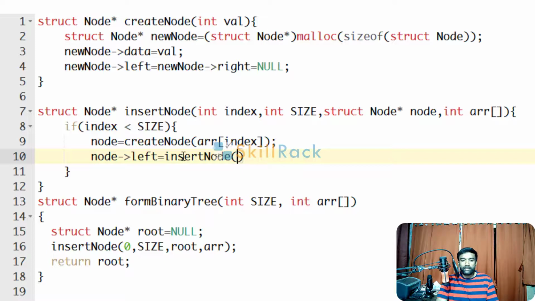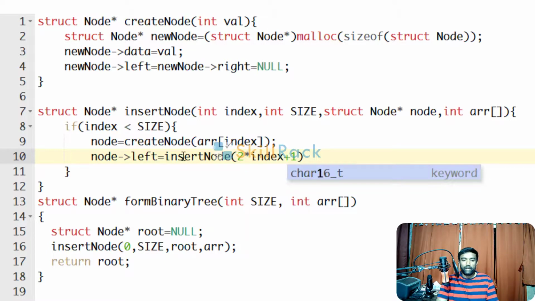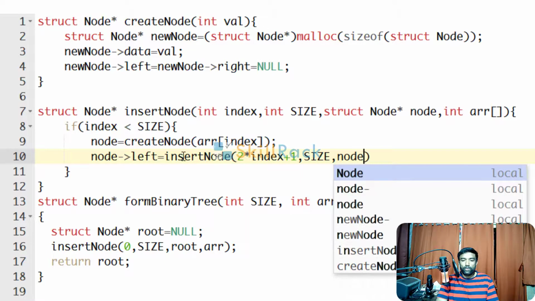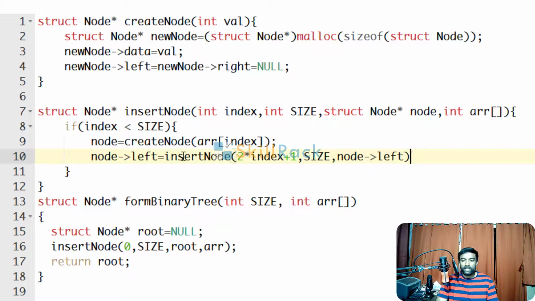What is the index value? It is 2 into index plus 1, and size will not change. And the node is nothing but node left. It will be null, but if it is a valid one, it will initialize the value, and then we have to pass the array also.